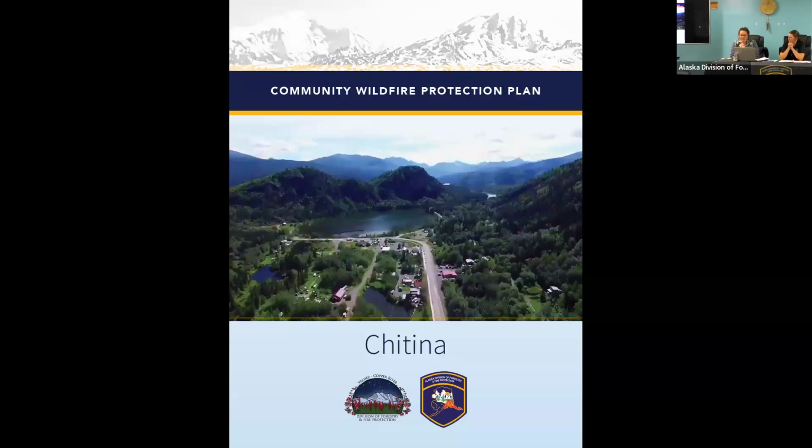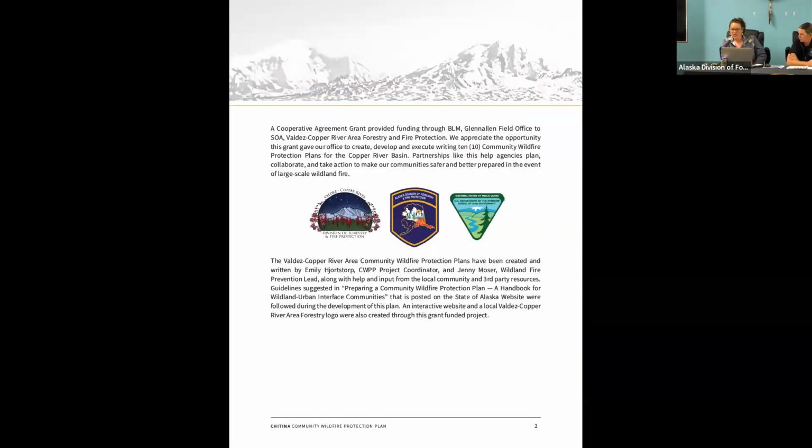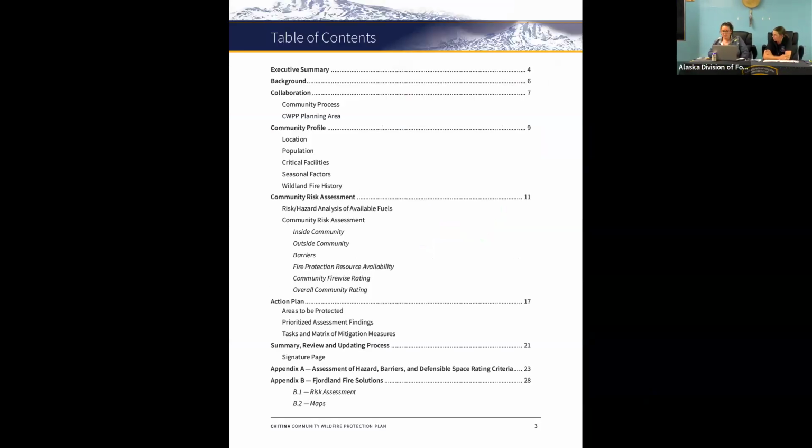Awesome. All right, so here is our plan. We're just going to kind of walk through it. We have a recognition for our funding and our table of contents. So the table of contents, Jenny and I spent a lot of time reviewing. I think it's pertinent to say first off, there's no standard way of creating a CWPP in the state of Alaska. So Jenny and I are really trying hard to pave the way for that and decide what really needs to be in these plans.